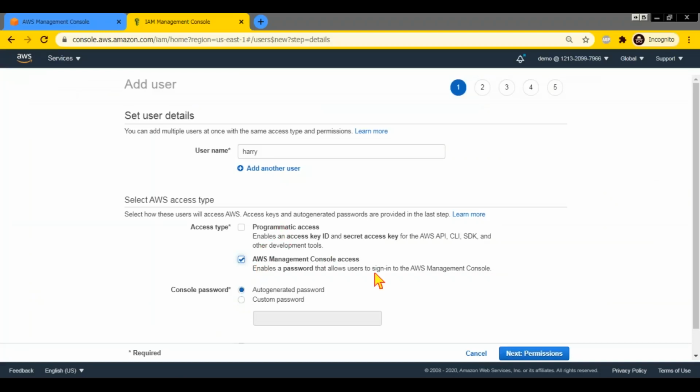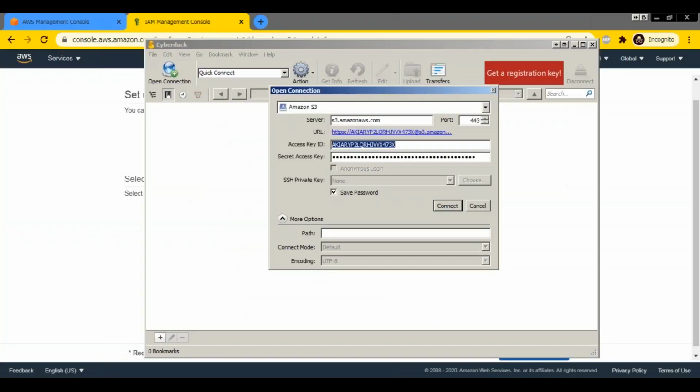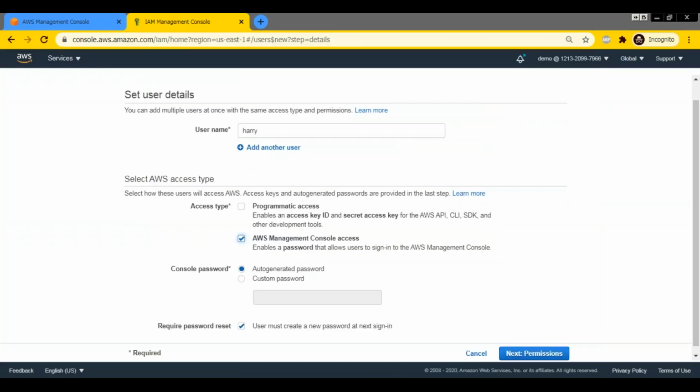He is not doing any programmatic access. Another thing to remember is you can't interchange them. You can't use your access key and secret access key in the console, and you can't use your console username and password as the access key and secret. It will not work.